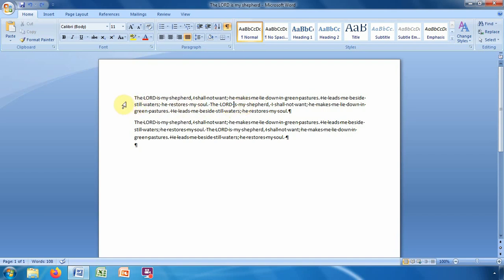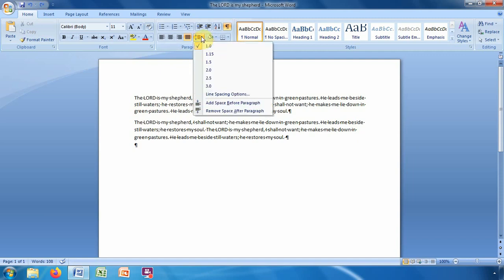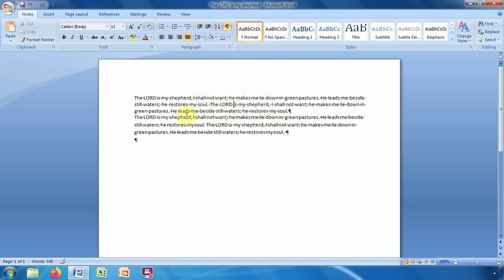And also, we can decide to add space in between the two paragraphs or remove. Now, for this case, we would like to ensure that these two paragraphs are connected to one another. We remove this space. We can do that by ensuring that the cursor is on the first paragraph. Then we go to the line spacing tool. We click there. Then we shall move down up to where we see remove space after paragraph. Then we click. When we click there, we shall see that the space that was between the two paragraphs have